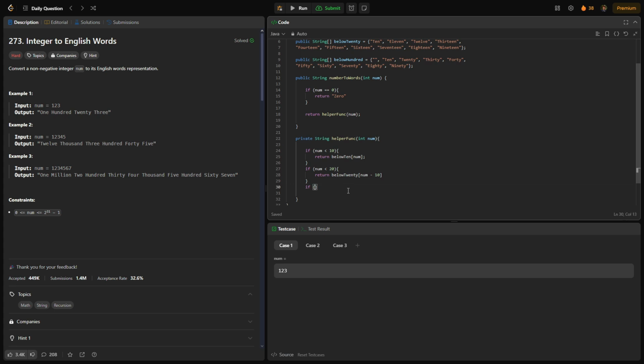Then we're going to have if num is less than 100, we can do return below 100 of this one. We're going to do num divided by 10, because if it's 80, 80 divided by 10 is 8. And that will return 80. So num divided by 10, and then we're going to add, because if it's 85, we don't just want to return 80. So we're going to add